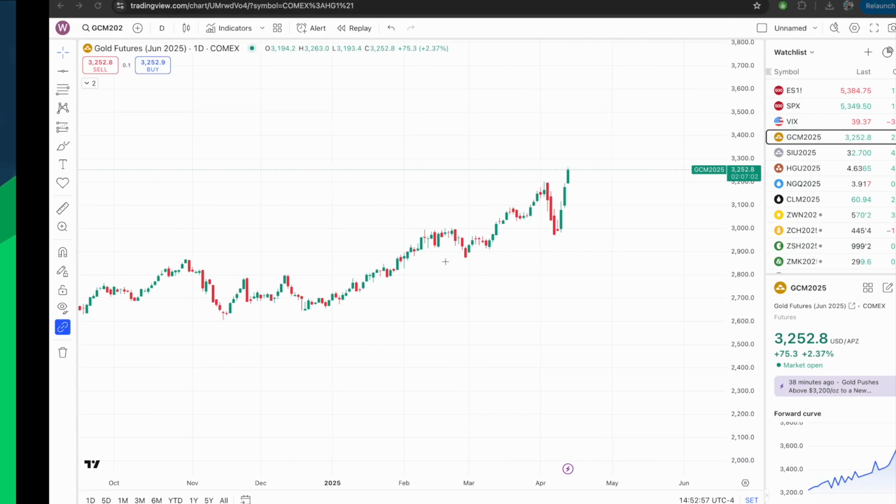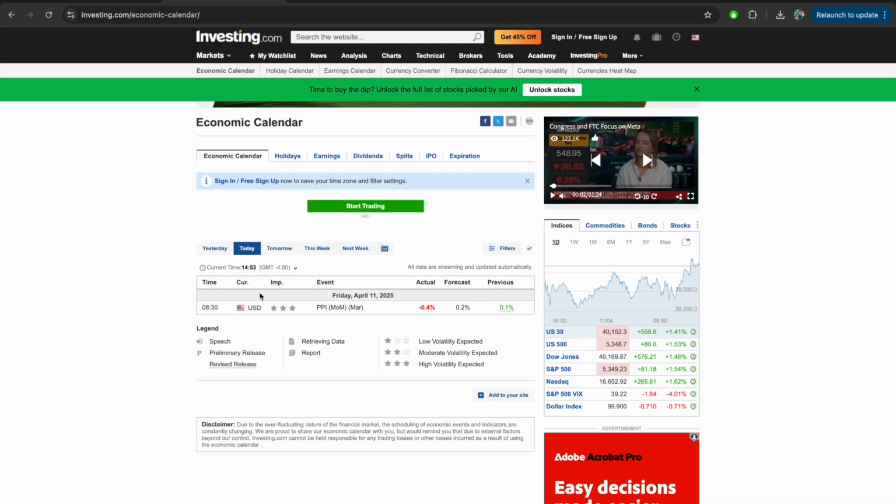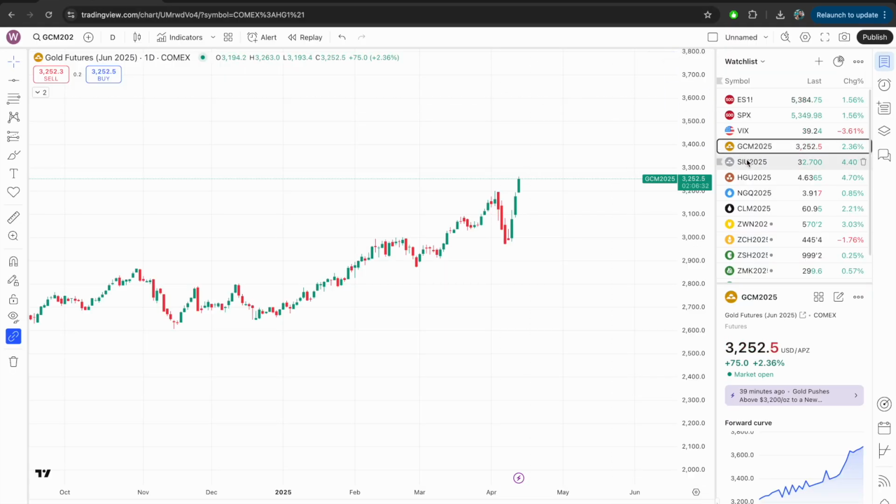So let's begin. For gold and silver, they don't really have their own reports that I'm looking at. I'm just looking at pretty much the major news that comes out for the economy. They can be affected mostly by maybe CPI reports, maybe monetary policies, but there's nothing else specific for gold and silver.